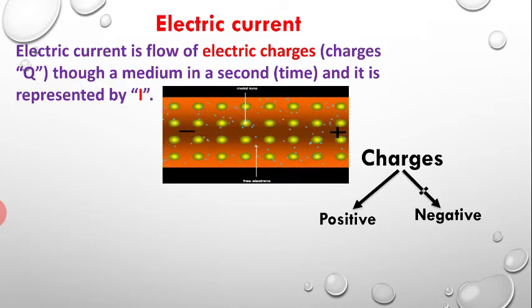Okay, so now you have to see this picture. In this picture you will find that the blue balls are jumping from one yellow ball to another yellow ball. These yellow balls are actually the atoms, and these blue balls that you are seeing jumping from one yellow ball to another are actually electrons.